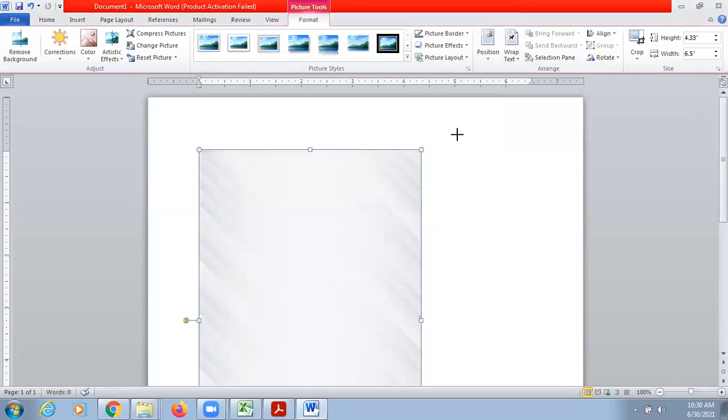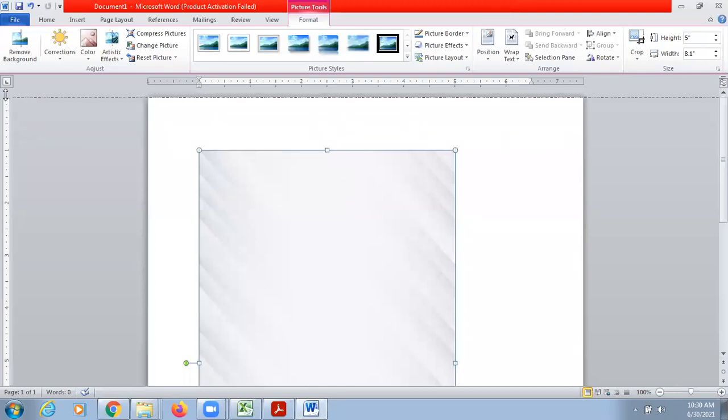Now I wanted to fit it on the full page. But as soon as I increase the size, automatically it will shift to the margins. So we have to reduce margins from all the sides.